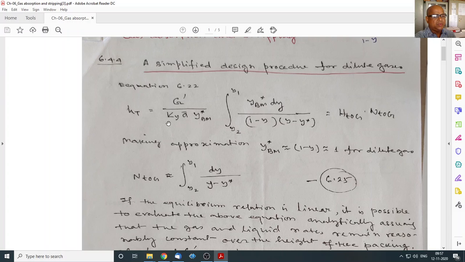Determination of HtOG is easy because G dash will be known, and KY, that mass transfer coefficient, whether it is overall or individual, you can calculate. And A, that is the superficial area for mass transfer, is in meter square per meter cube of the packing. Generally the manufacturer will give it to you, and this you can also calculate based on your terminal concentrations. So the calculation of the height of the transfer unit is easy and straightforward, but the number of transfer units, that calculation